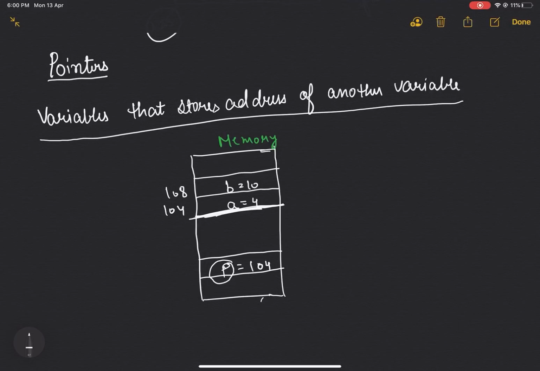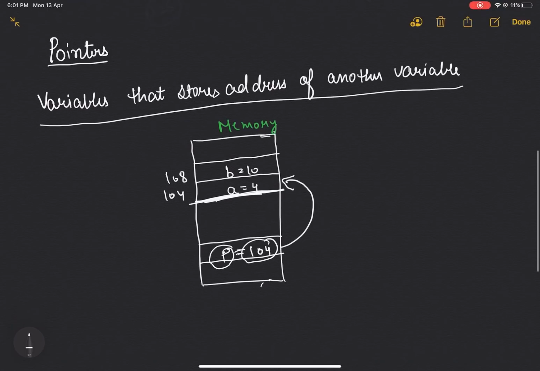As we can see, the value of p is 104 and it points to a. If I modify the value of p to 108, then it will start pointing to b. And the pointer variable will also take some memory.